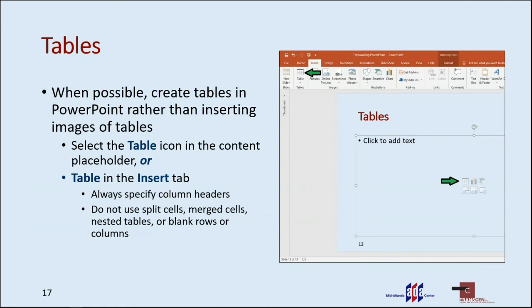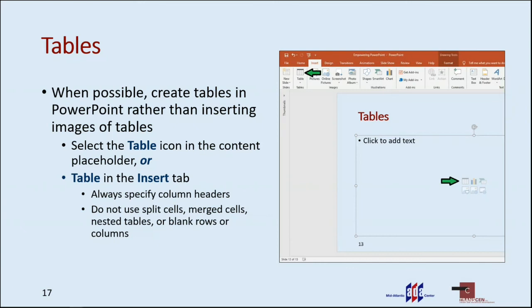You want to always specify column headers in a table, and you want to avoid split cells, merged cells, nested tables, or blank rows or columns. The reason for that is that screen readers generally make sense of tables and read the content based on the relationship between cells and headers.